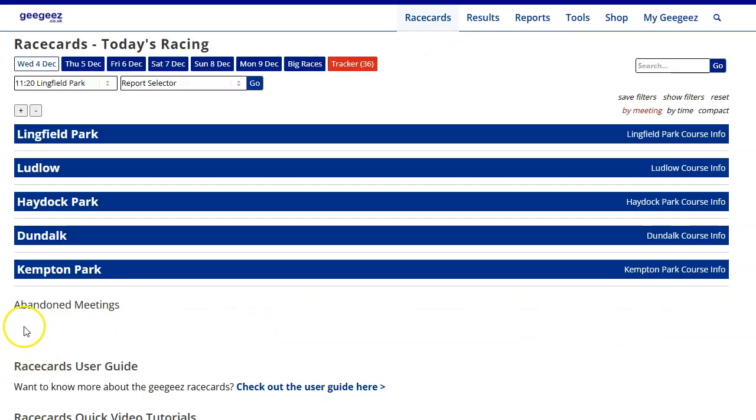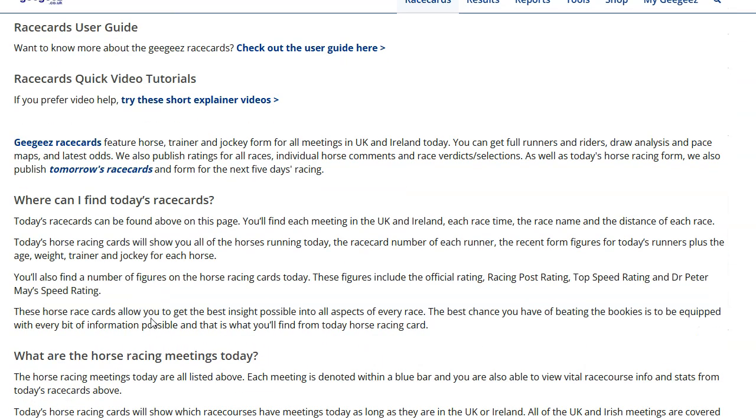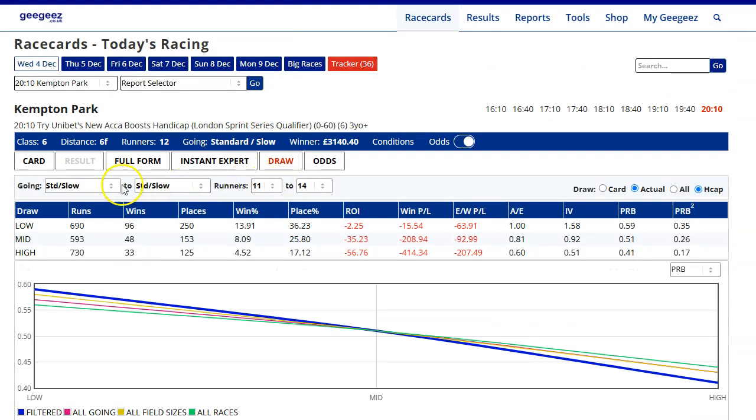For our Lite subscribers, there's more detail that we can look at. Let's see if I can find a race here. Let's have a look at this 6 furlong 12 runner handicap that closes the Kempton card, and on this card we've got the draw tab available, so we can look at the draw tab, and I have mine set up like this. I look at actual draw, which just accounts for non-runners, and it's set up on handicap,